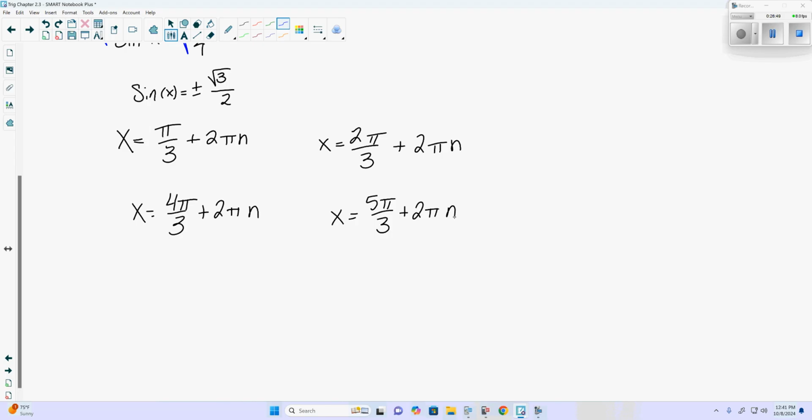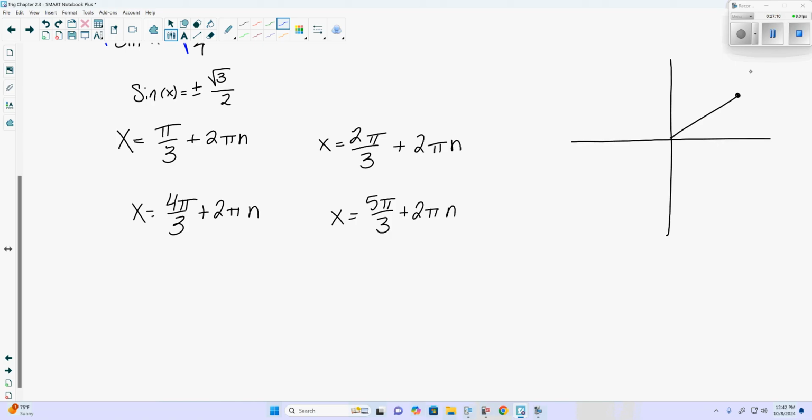Questions on this here? Now, this one here is a little interesting, and it's mainly to do with the fact that we have the positive and negative case for sine, not cosine. Because on the unit circle,